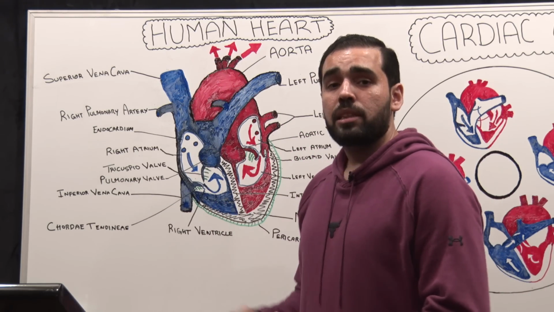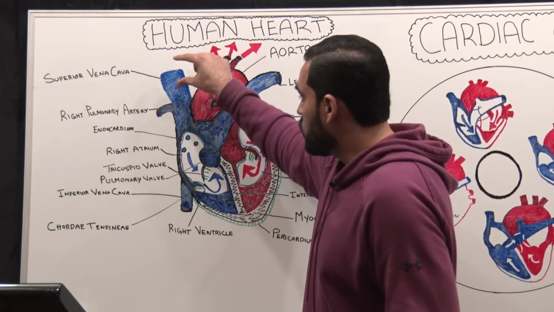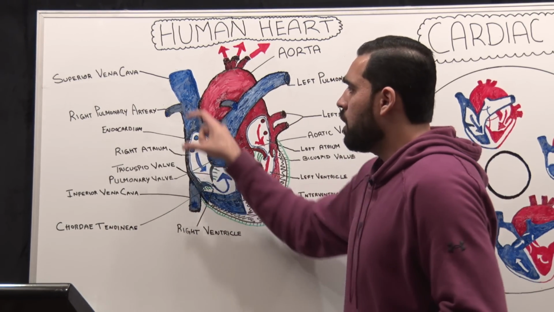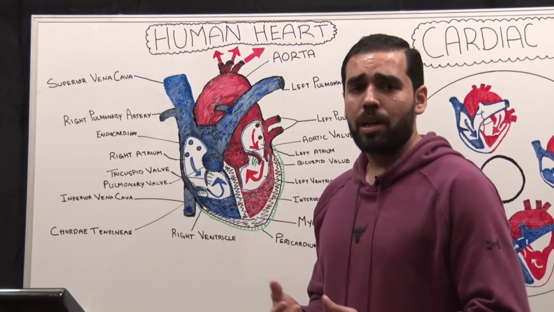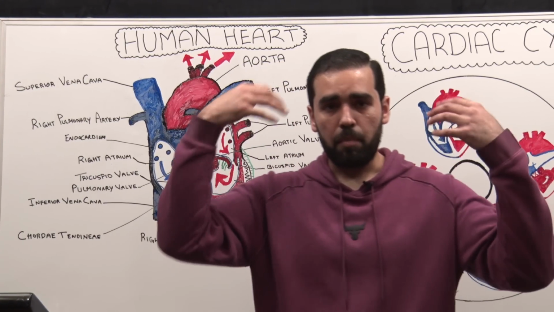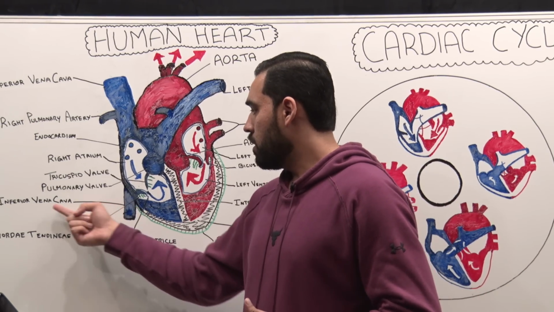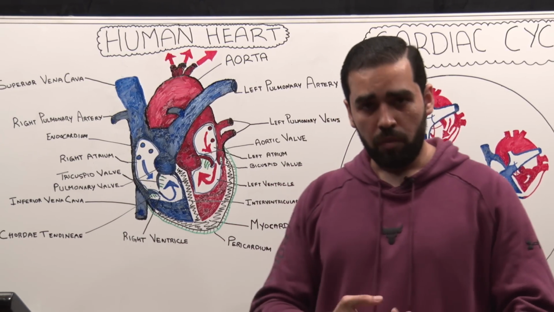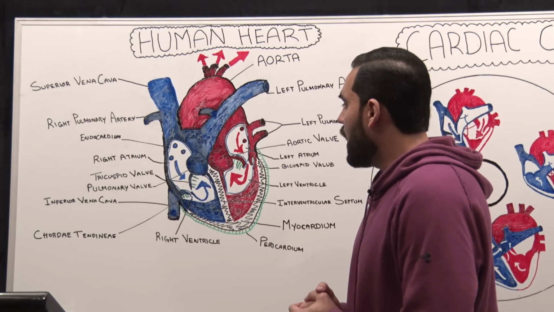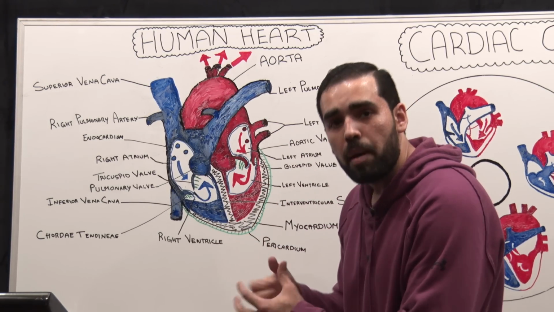Now, the vena cava is the largest vein present inside your body. It is divided into two: we have the superior vena cava and the inferior vena cava. The superior vena cava is responsible for draining the blood from the upper half of your body, for example your shoulders, your ears, your head, and all that. And the inferior vena cava is responsible for draining the blood from the lower half of your body. Now, what happens is that the atriums receive the blood and the ventricles pump the blood.